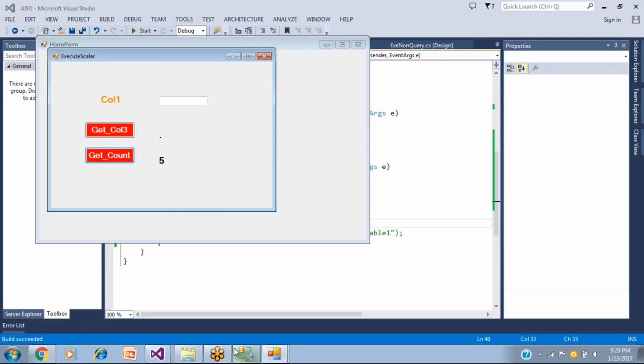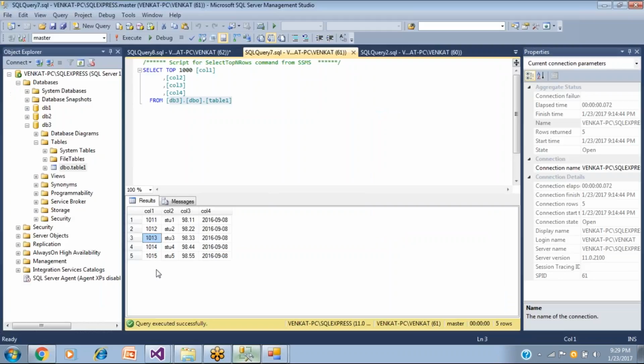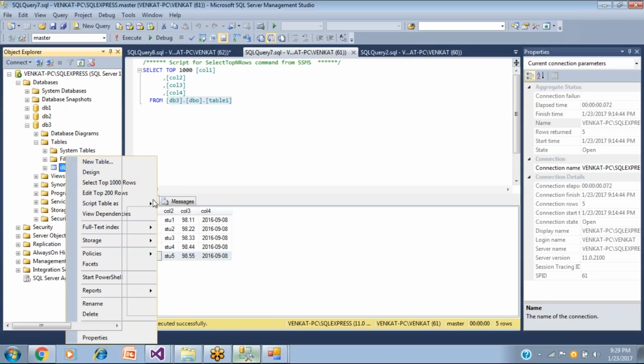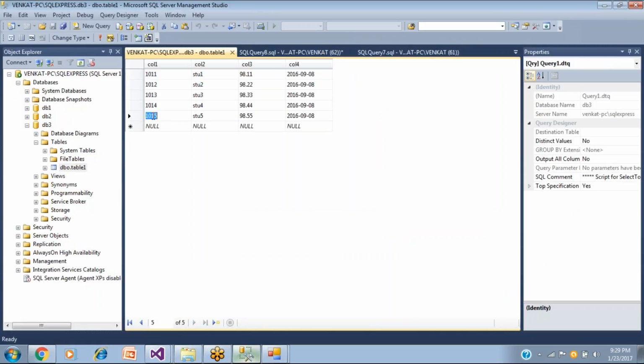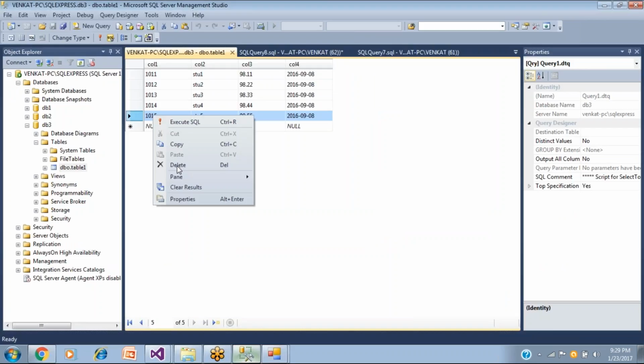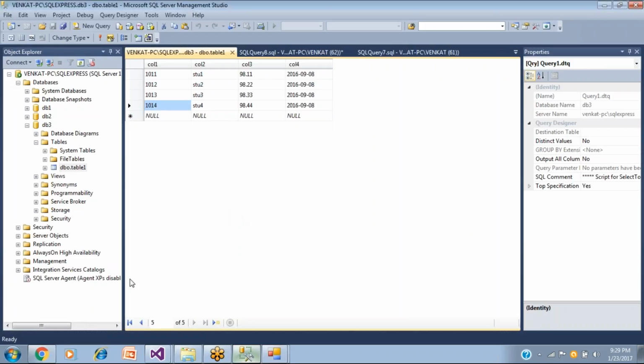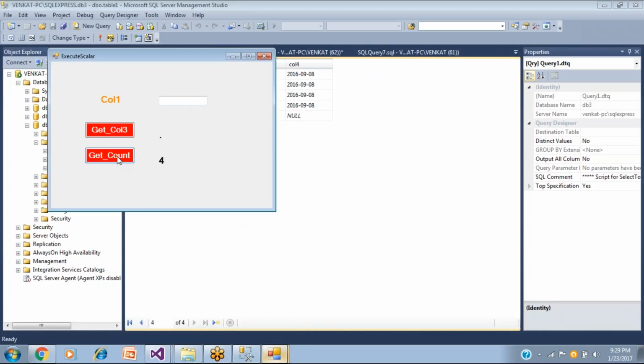Now it is 5, and now what I just want to do is delete a record myself at runtime. That means I can right click and edit the 200 records, and the last record that I'm having, I want to delete. Yes, I want to delete. Now the application is still running. Then I came and clicked on this one. Then I came to know that at runtime, even though there are some changes in the database, that will be reflected in our application. So there is no need of restarting the application or something like that.